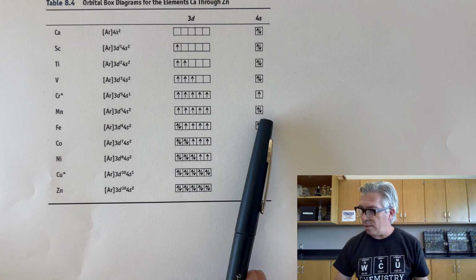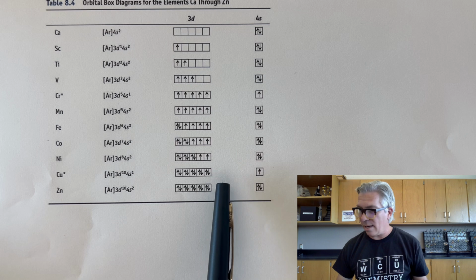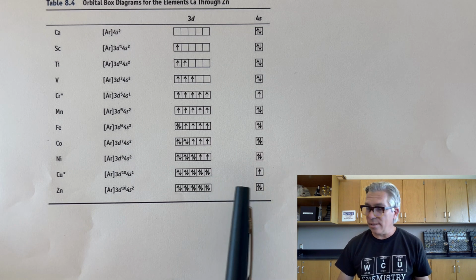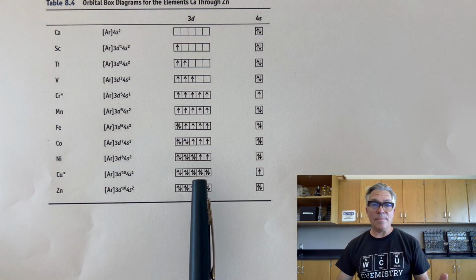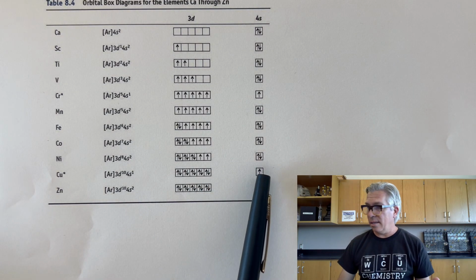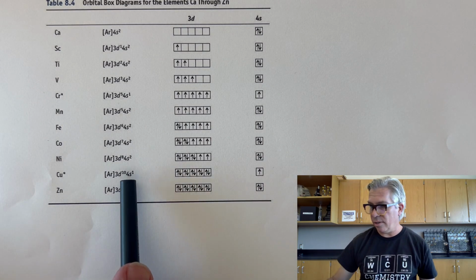There's the 5 again with the 2. 6, 7, 8, 10 again. Here it is, copper does the same thing. It's like, I got 9 out of 10, I want to make it 10 out of 10. So it puts 1 over there and gives it a weird configuration, 4s1 3d10. So in summary,